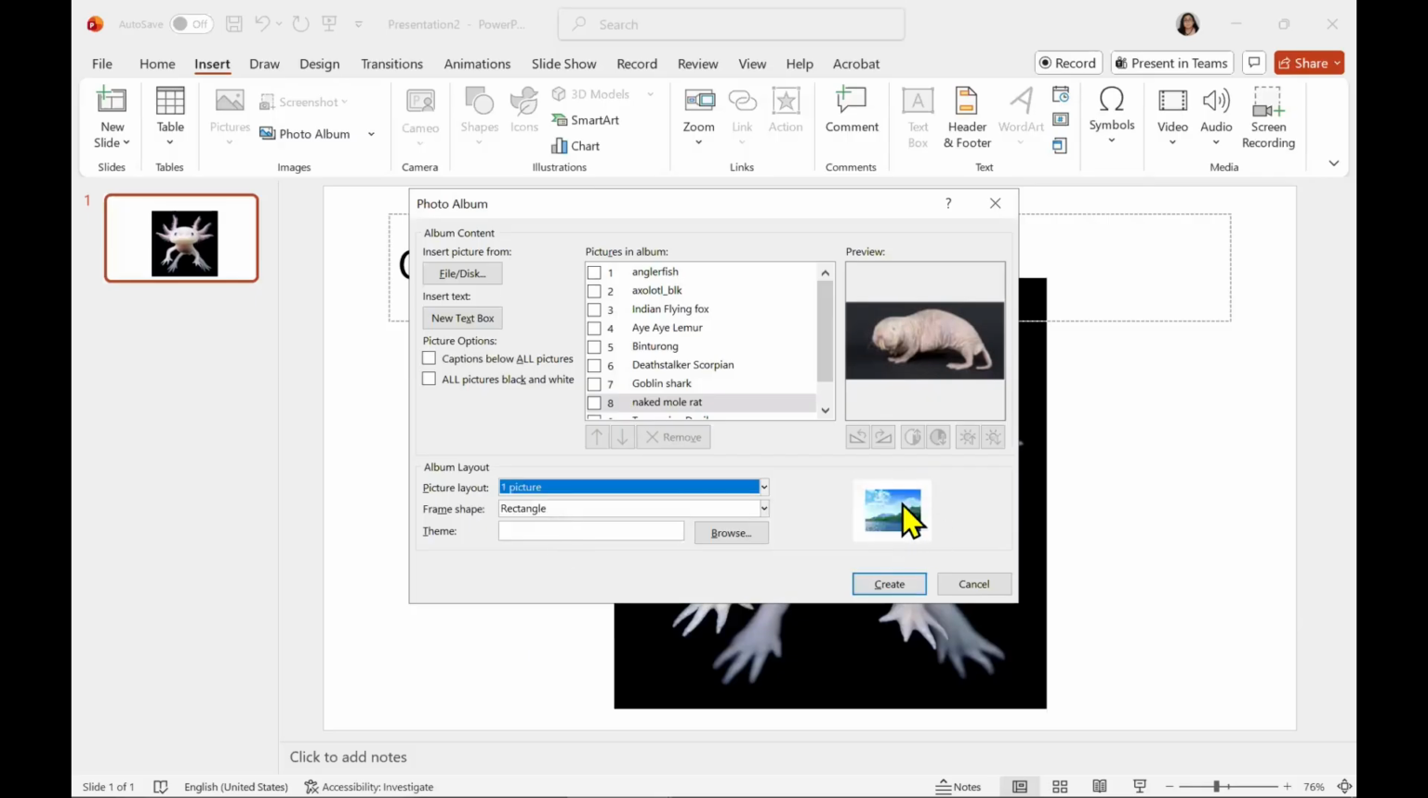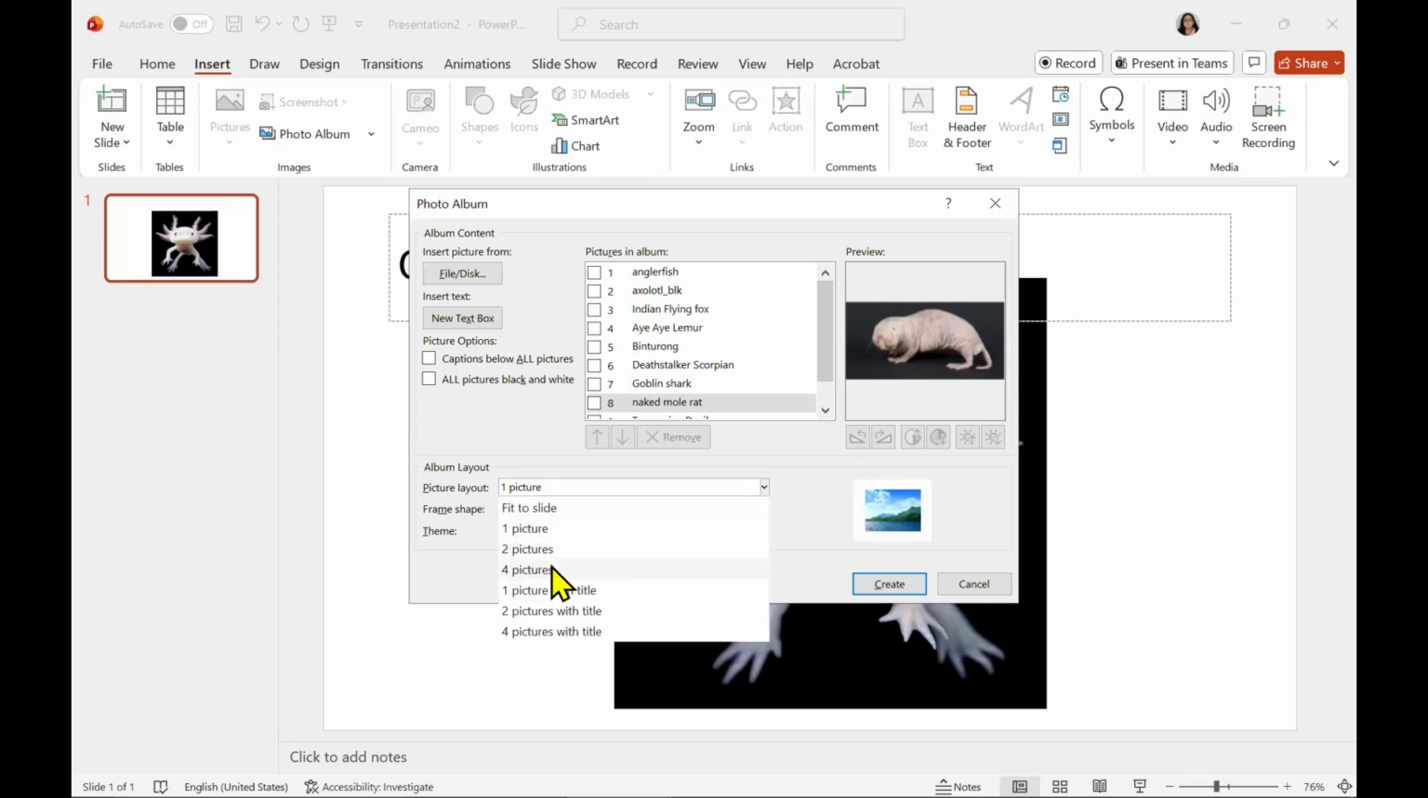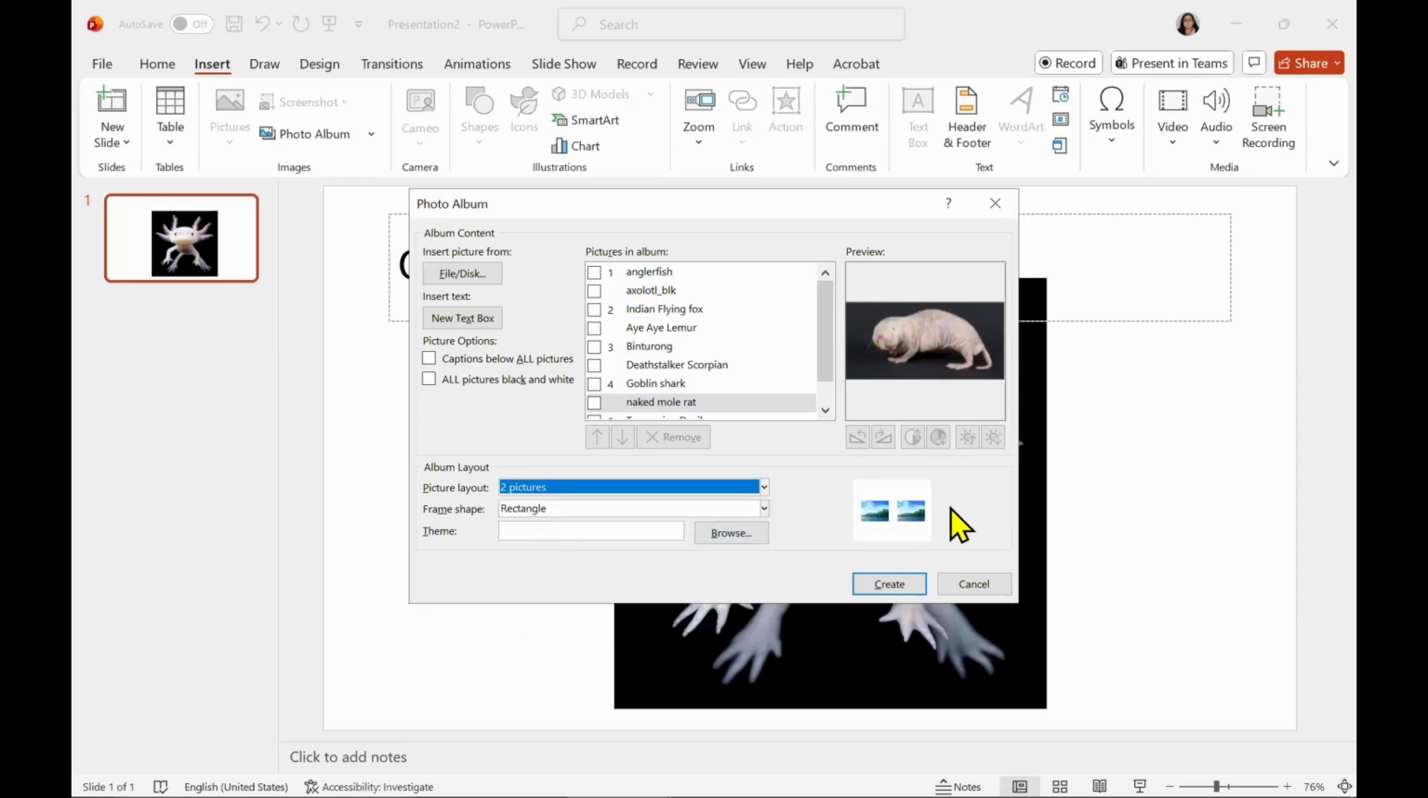It'll show you what selections you're putting. And let's say it was two pictures, it would generate two pictures per slide. And as you can see, since it's two pictures per slide, it basically decreased the size of our images. So now I do have the options to put captions below all pictures. I will demonstrate how this looks a little bit down the line, but